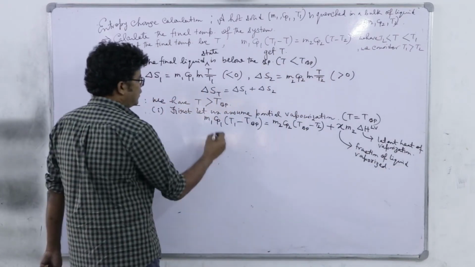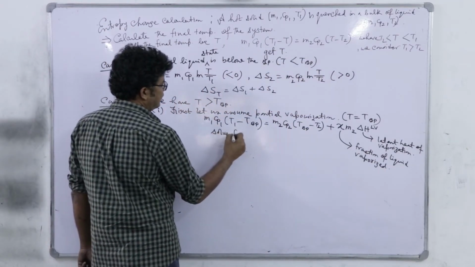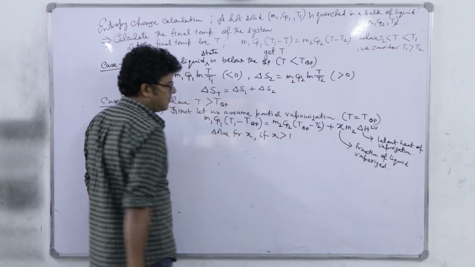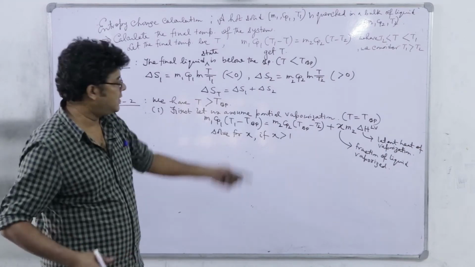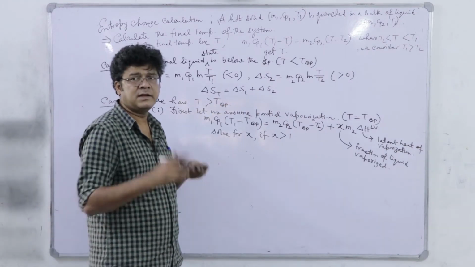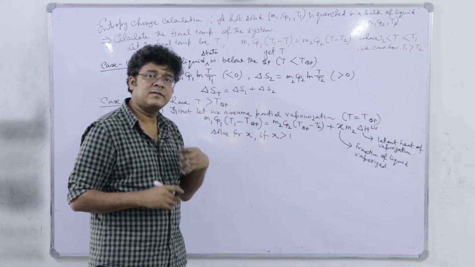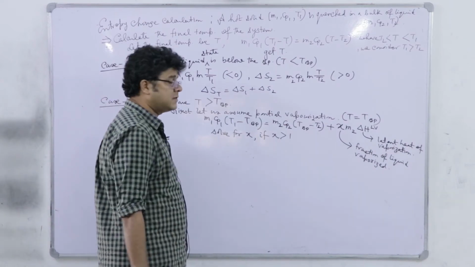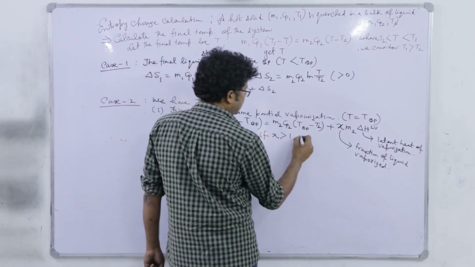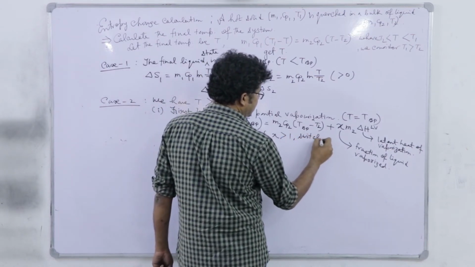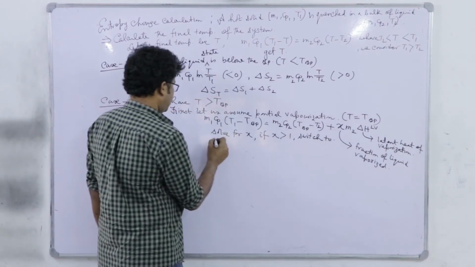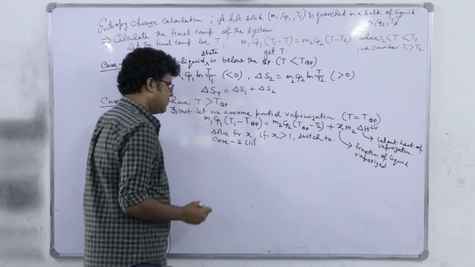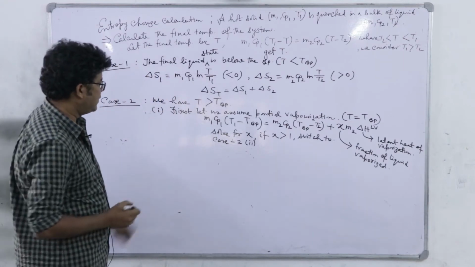Right. Solve for X. If X is greater than 1, then definitely this equation is invalid, right? If it is partial vaporization, then X must be between 0 and 1. So if we get that X is greater than 1, switch to case 2, which we will discuss later, right? Otherwise,